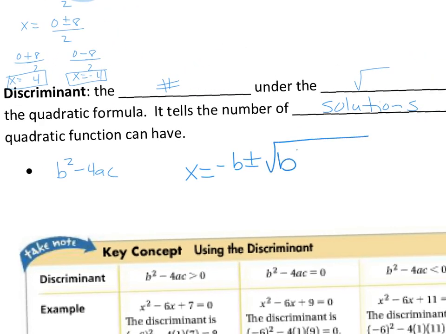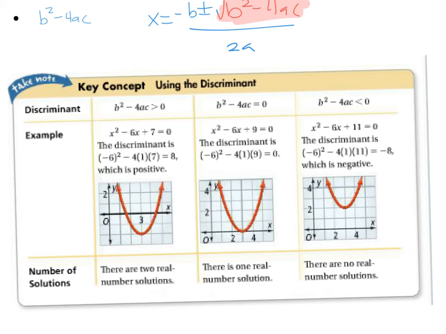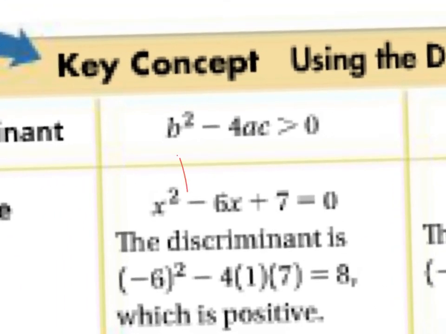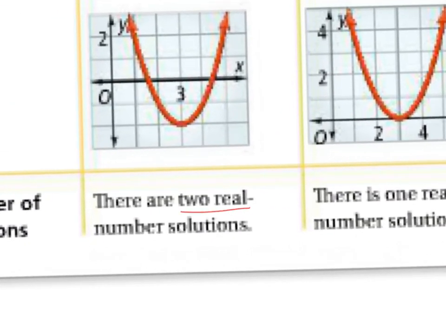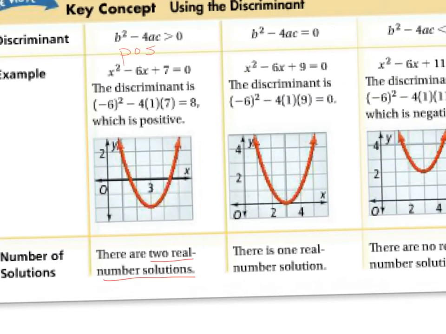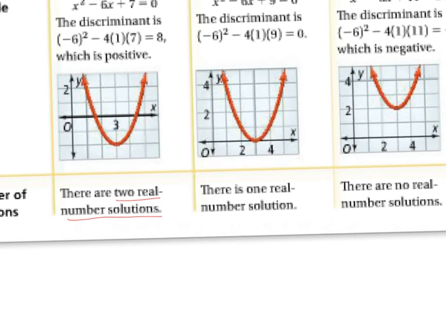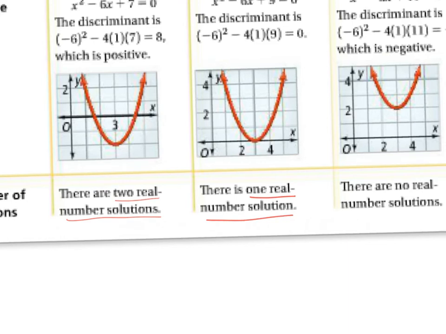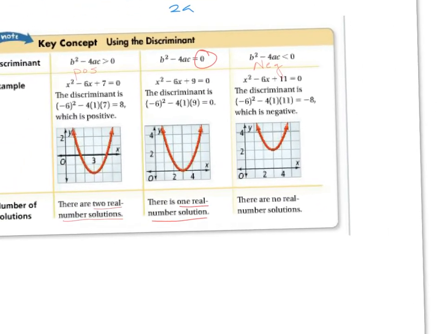So again, if this is your quadratic, your discriminant is simply what is on the inside right here. So b squared minus 4ac is your discriminant value. And this is a fancy way of saying, if your discriminant is positive, you are going to get 2 real solutions. If your discriminant is equal to 0, then you're going to get 1 solution. And if your discriminant is less than 0, or negative, you are going to get